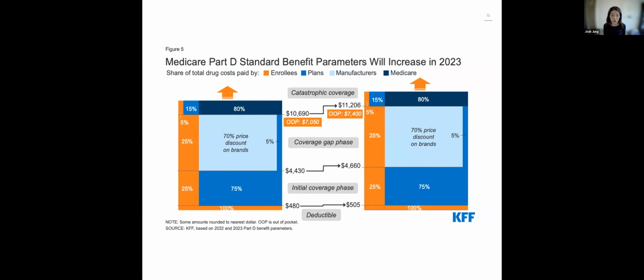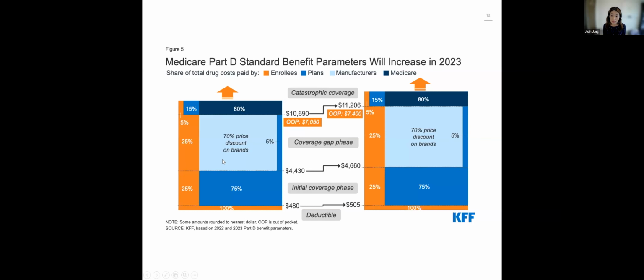We usually say that this 75% is covered by Part D plans, but I also want to remind you to be careful that the Part D program is a publicly financed program, which means that it is run by your tax money, right? Essentially, when the Part D plan pays, that's from the government. CMS or Medicare already gave money to Part D plans to cover these drugs. But just for convenience we say the Part D plans, when it's essentially coming from government financing.